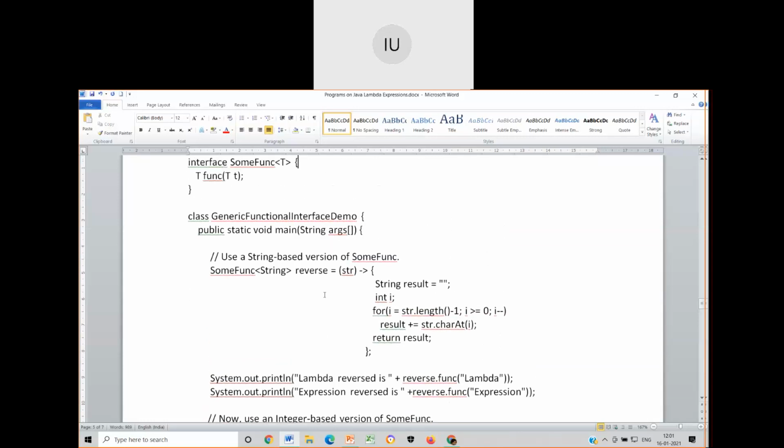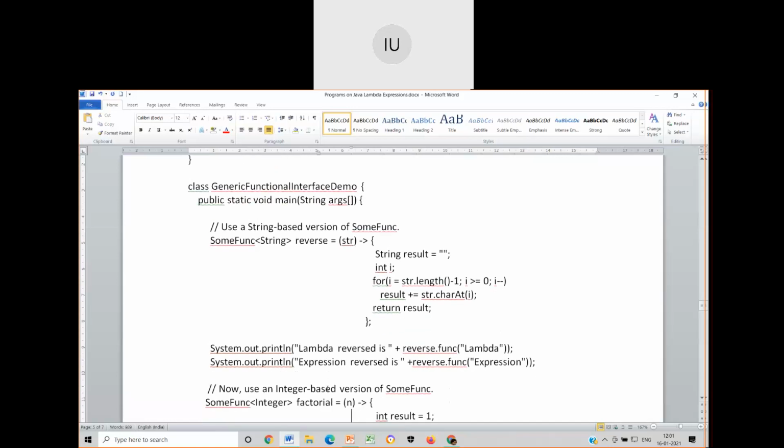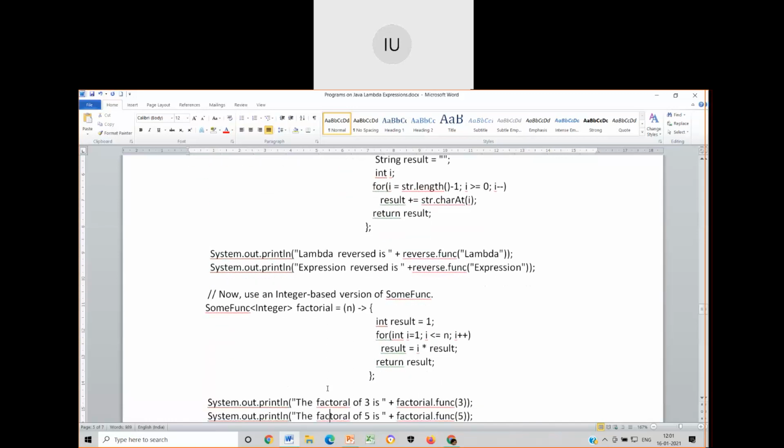The function is returning the value. What this does is simply return the value that is being received by the variable of the interface. Now, when I call factorial dot function of 3, it will print "function 3 is a factorial number".